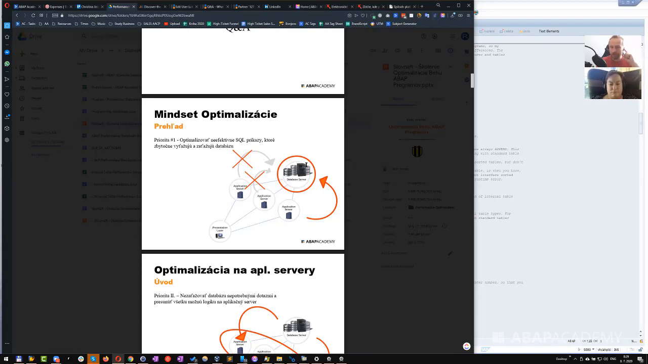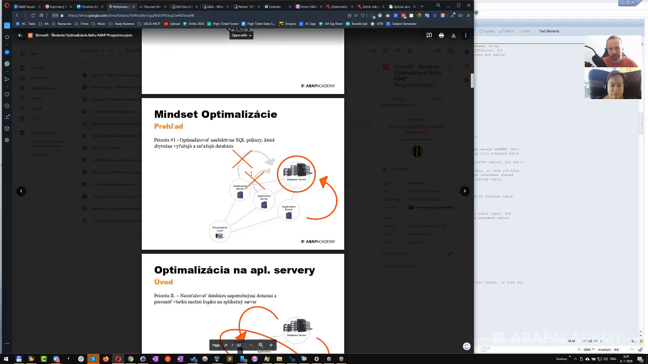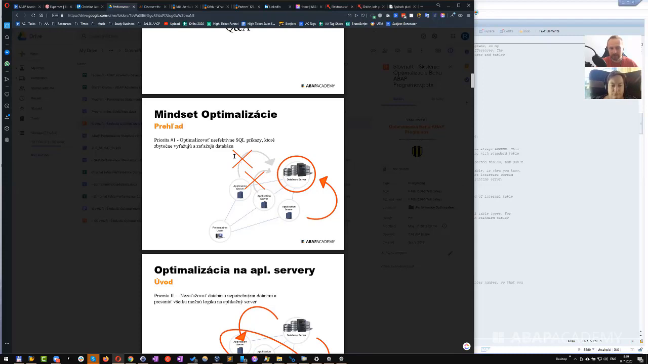So the reason why we are moving data from database server to the application server using select into internal table is because we want to save the resources on the database. So the arrows that are grayed and kind of crossed away,